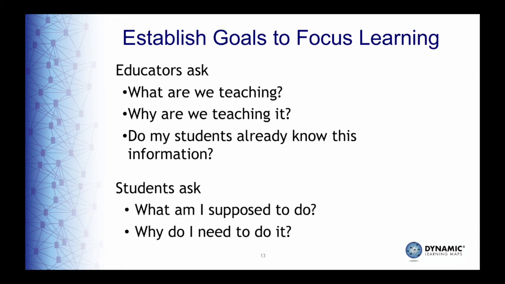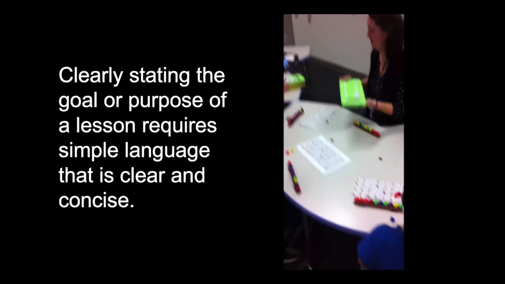Another key question to ask from the educator's perspective is, do my students already know this information? If the answer is yes, then we should be connecting new information to this old information. If the answer is no, we should then consider whether or not students have known concepts or skills that we can connect to this new information. Let's watch a small portion of this video on place value again. Think about what the teacher could have said before the lesson started to help students know what they will be thinking about.